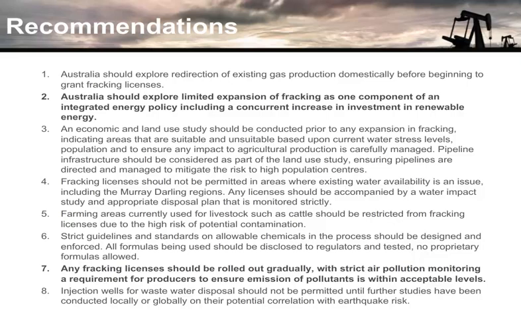Farming areas currently used for livestock, such as cattle, should be restricted from fracking licences due to the high risk of potential contamination. Strict guidelines and standards on allowable chemicals in the process should be designed and strictly enforced. Any fracking licences should be rolled out gradually, with strict air pollution monitoring